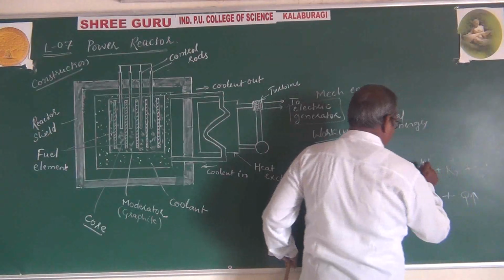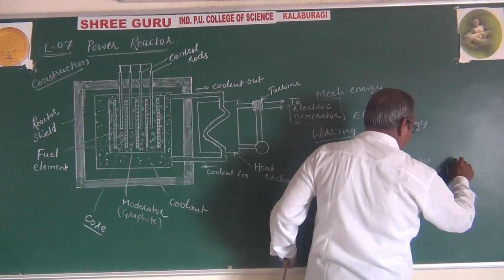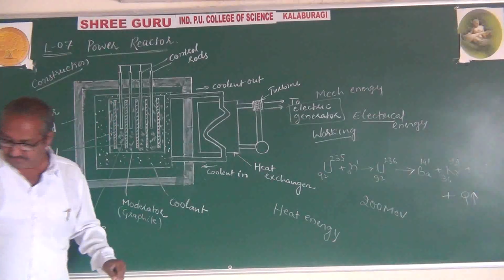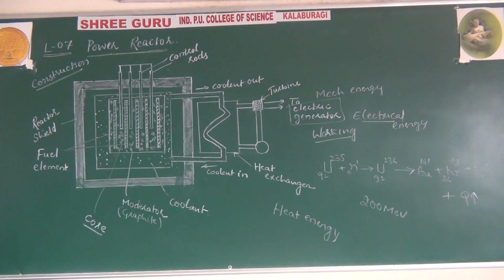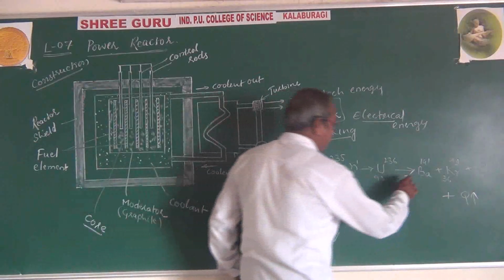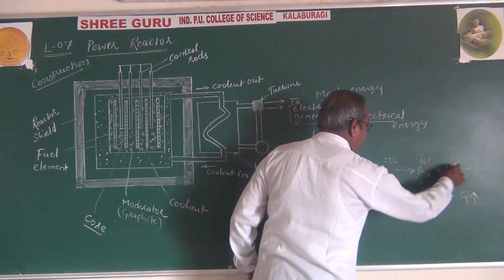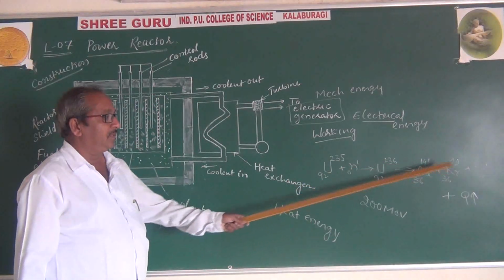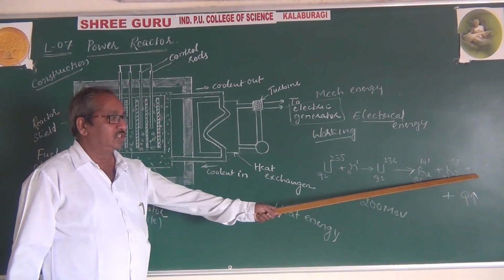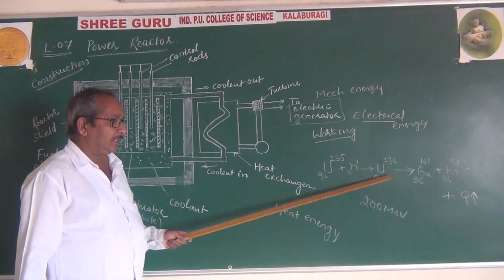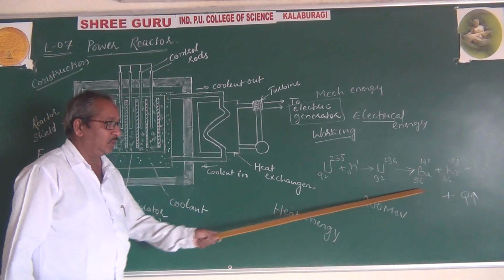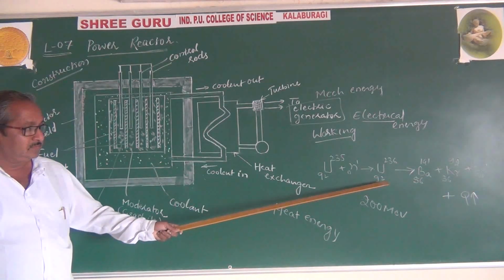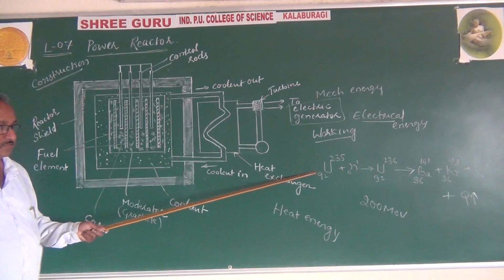Here the mass number of barium is 141, mass number of krypton is 92, the atomic number for krypton is 36, whereas the atomic number of barium is 56. See here the equation will be again balanced. 236 mass number, here 141 plus 92 becomes 233 plus 3 neutrons, total again 236. Atomic number is 56 plus 36, which is equal to 92, again it will be 92. Equation is balanced.